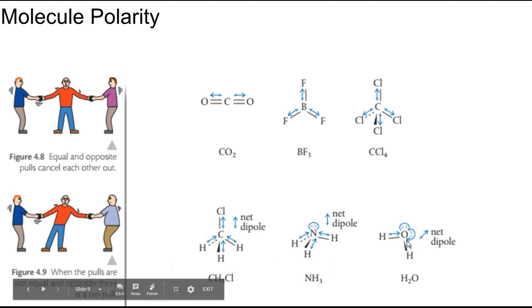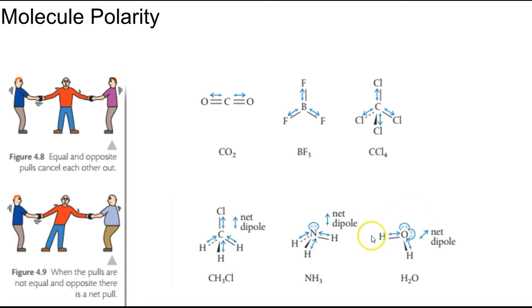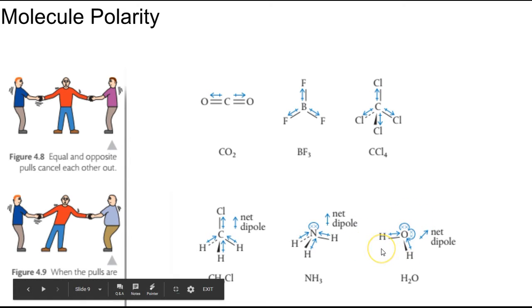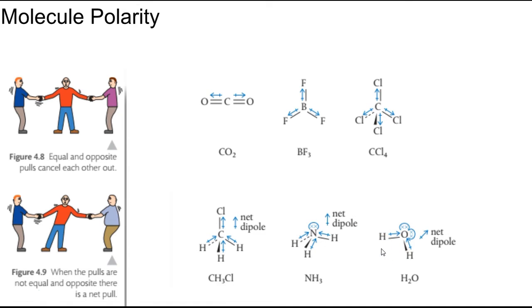Water. We talked about this, but a lot of the reasons water behaves the way it does is because of its shape. What it does is it allows it to have a negative charge over here on the oxygen and positive charges here on the hydrogens. This allows for hydrogen bonding, which allows lakes to freeze from top to bottom, which keeps the fishes alive. And of course, anything that keeps fish